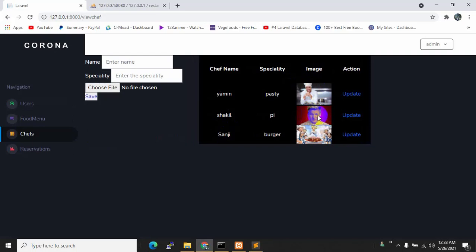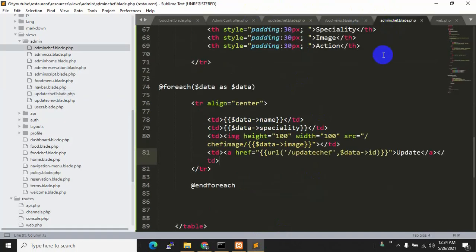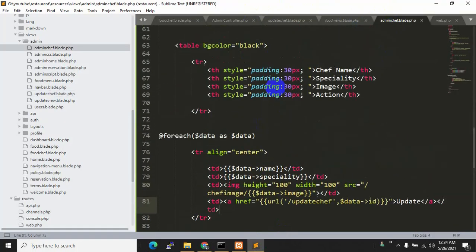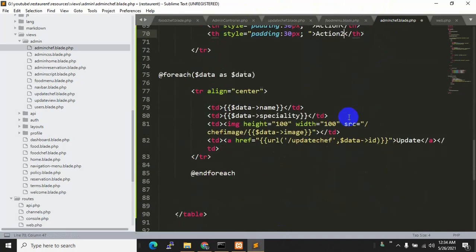Okay, so now we are going to do the delete part. We'll have another action option, a delete option over here. So let's go to our admin chef, and over here we'll add another th, and we'll call it action 2, and we'll add another td over here.